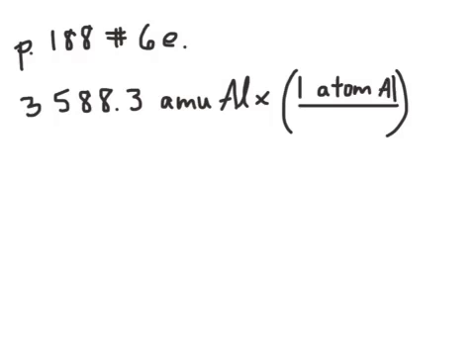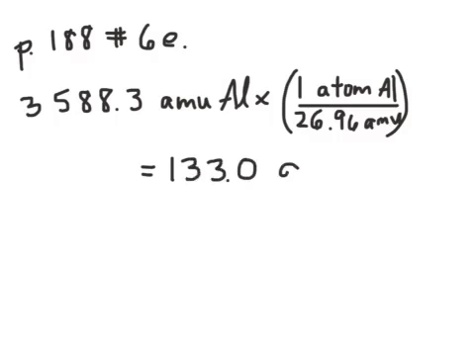And you can do that, remember? Depending on how you want to solve the problem, you can flip the conversion factor over. So this number, 26.98, is just the atomic mass of aluminum. And that comes out to be 133.0 atoms